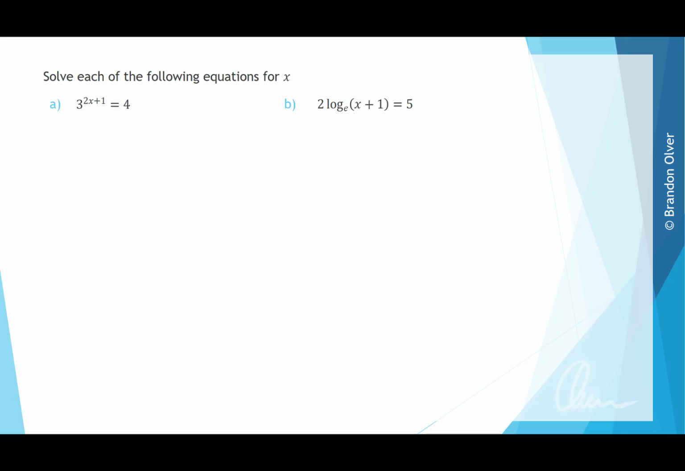Solve each of the following equations for x. For part A, we have 3 to the power of 2x plus 1 equals 4. And to get our unknown x out of the power, we can take an equivalent log statement, which we represent